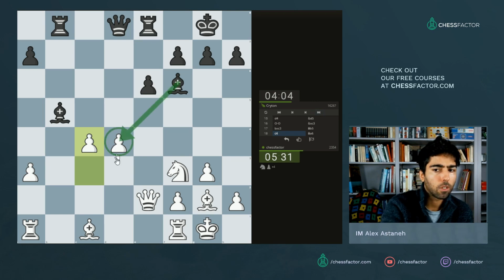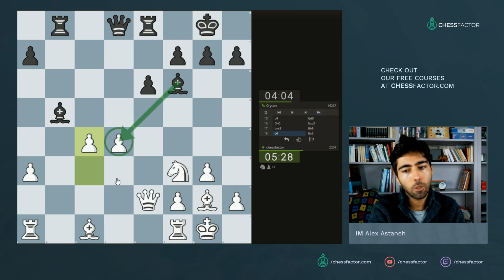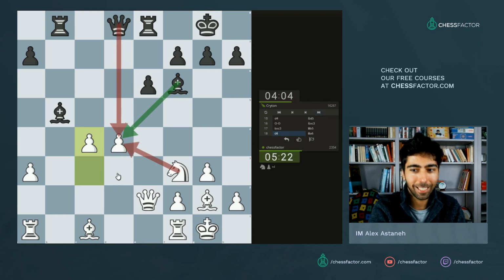But I'm actually just being foolish here. I just realized if bishop takes d4, I can actually just take here. Oh, no, I cannot. Sorry, excuse me. I had forgotten what I had initially seen. No, but I can... what can I do? No, the problem is if I take everything here, then